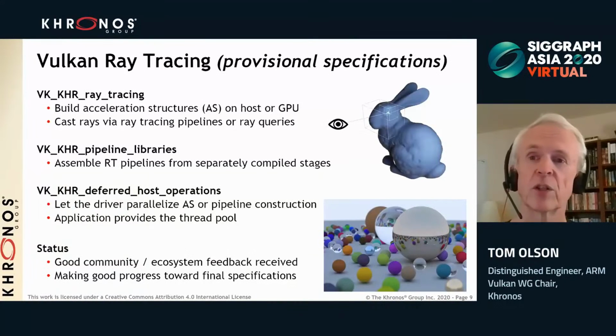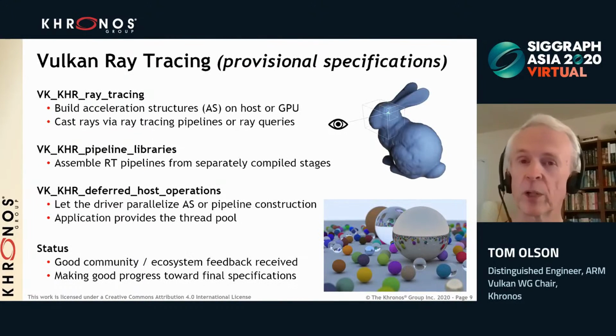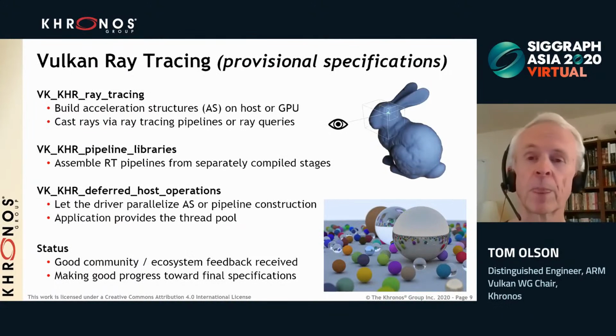In March, we released the provisional Vulkan ray tracing extensions. Provisional means that they're not finished yet. We're still working on them, but we're exposing them to the public in order to get feedback and make them better. The core ray tracing extension allows you to build acceleration structures either on the host or on the GPU, and then cast rays into them